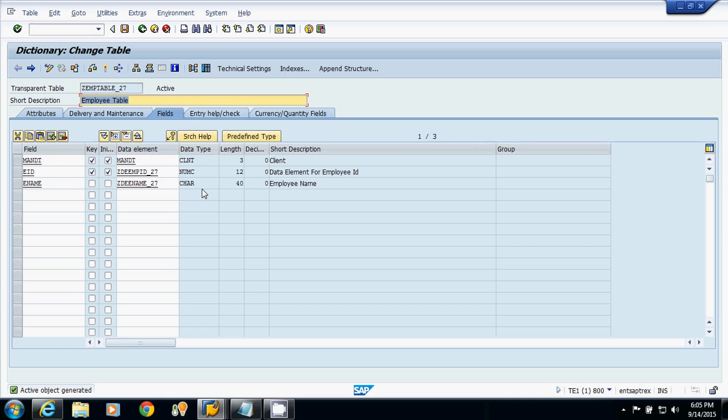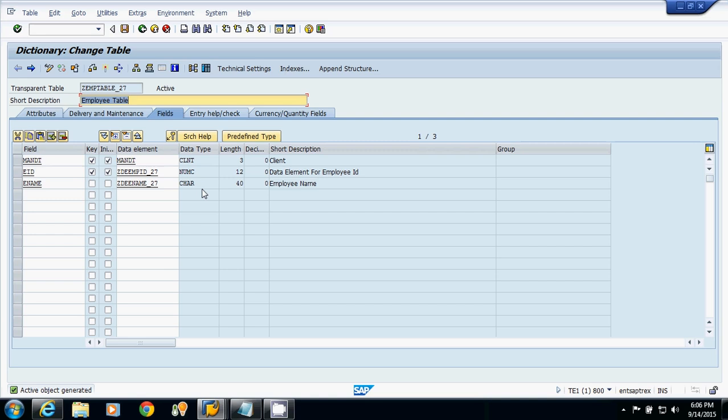Now whenever you are using the database utility, you must be very sure that at that time the table is not used by any other person, because you are adjusting the table at the database level. Whenever you are using SC14, the table must not be used by any other user, otherwise there is a loss of data in the table.